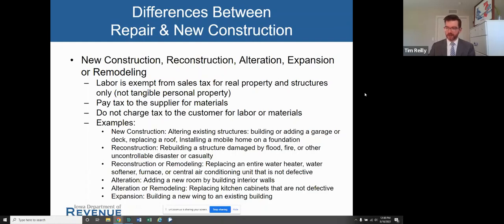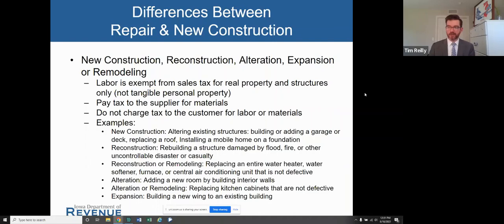Something that comes up that we see a lot is the reconstruction after damage. I won't go back again on the slides, but there was another example about garage doors. This was an example that came up a couple of years ago after the derecho. Somebody had a garage door that had a dent from something. It otherwise functioned. The door could go up and down, but it had a dent, and so they wanted to replace it. That is not reconstruction. That was repair, so that would have been a taxable service.